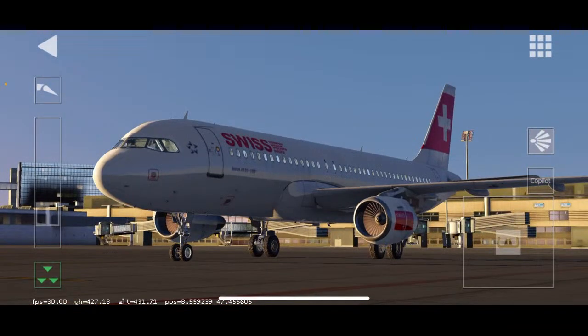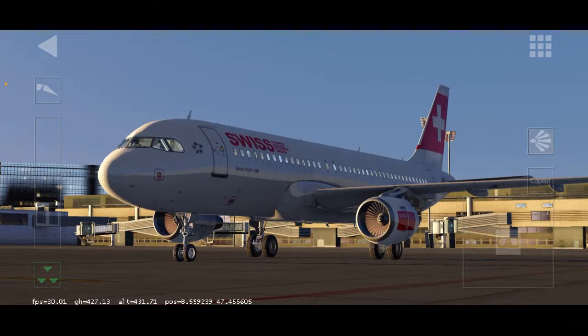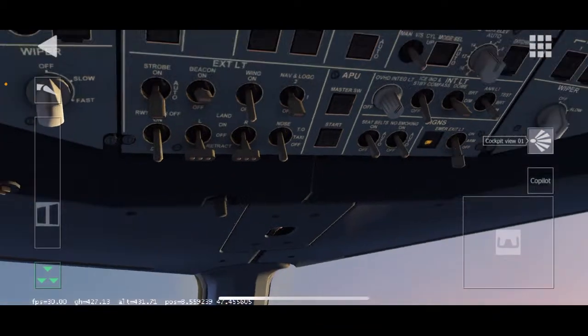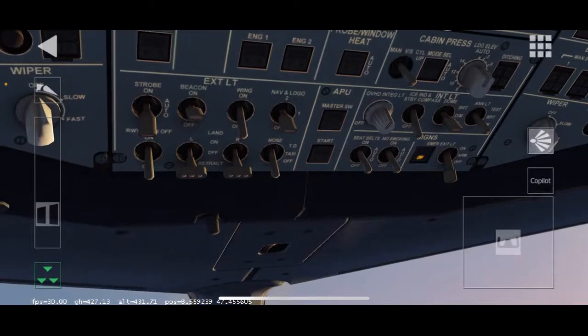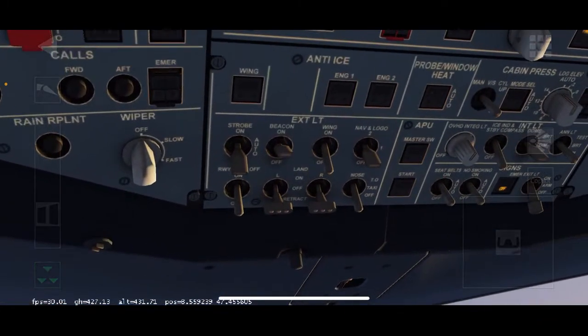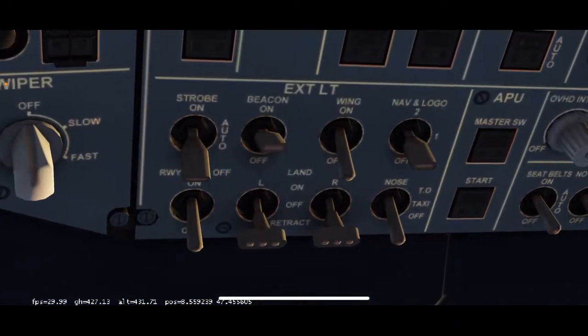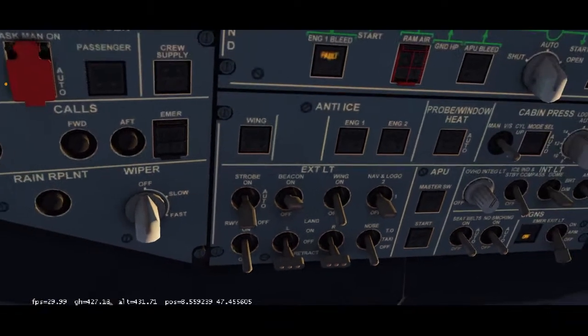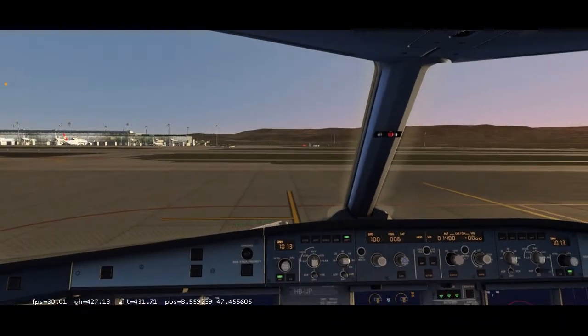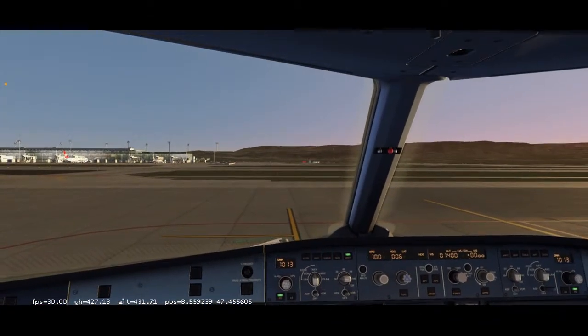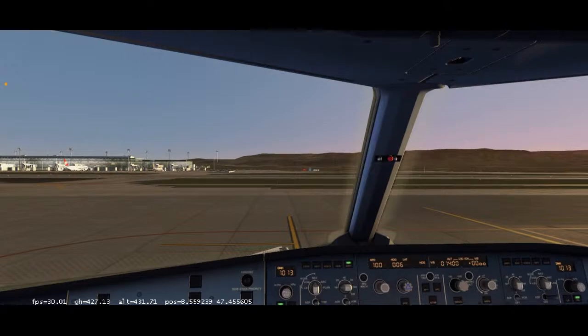You're going to want to make sure your beacon switch, which basically is this light. Oh, he turned off the beacon switch, did he? Oh, no, there it is. Basically that lets everybody know that your aircraft is starting up. So you're going to slowly go on over here. You're going to see EXE, which is external lights, and you're going to see that, boom, that is on. So that's off, this is on. Beacon light switch is on, letting everybody know that your aircraft is starting up, or that the engines are going to be starting very shortly.